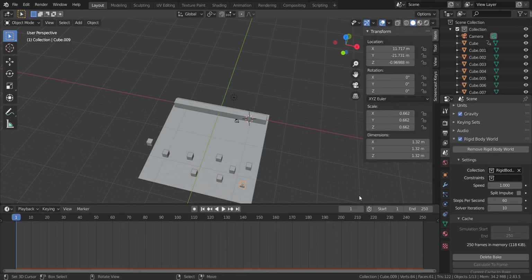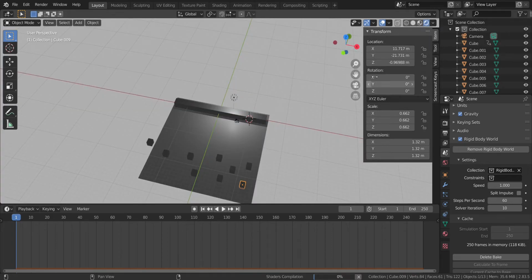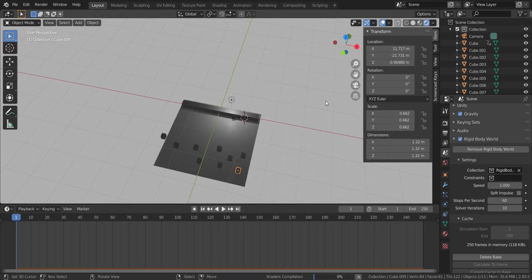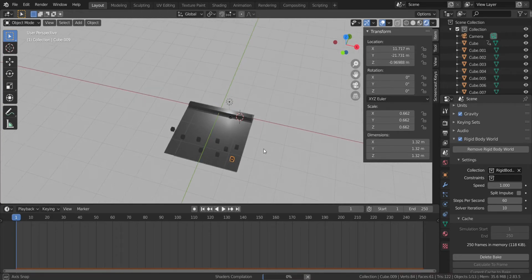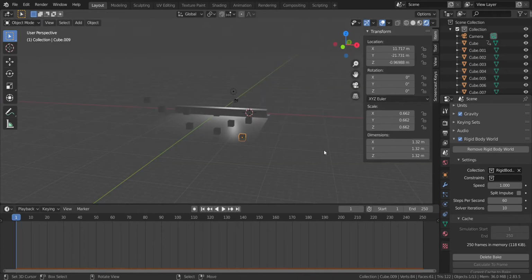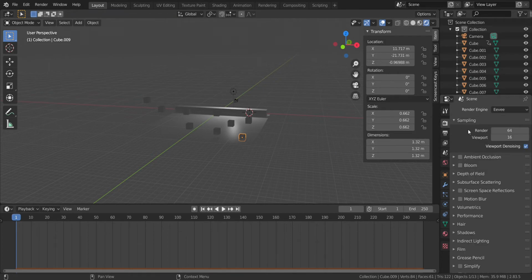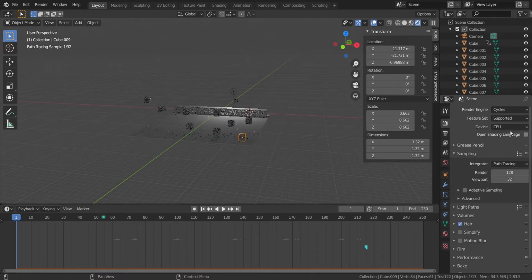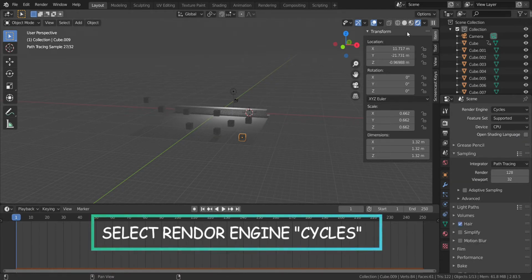After that we have to select the rendered view from the top part. And then we have to select the render engine, which is Cycles, because it looks beautiful.